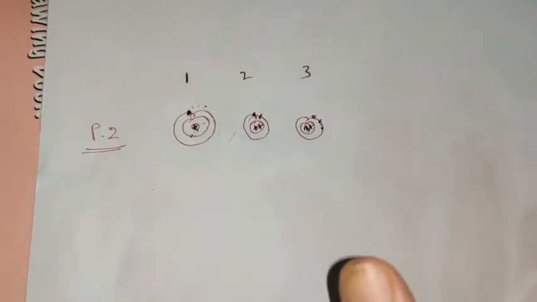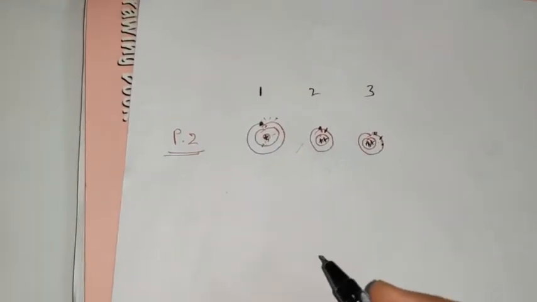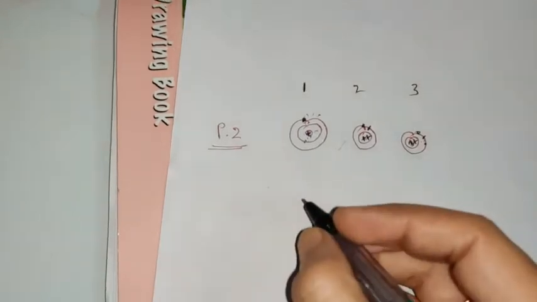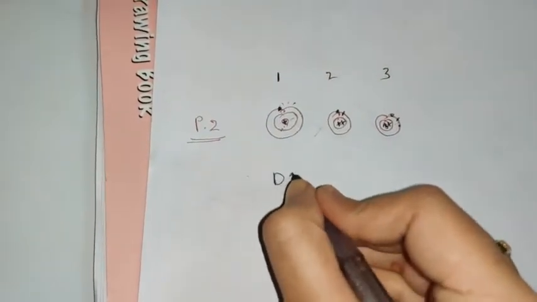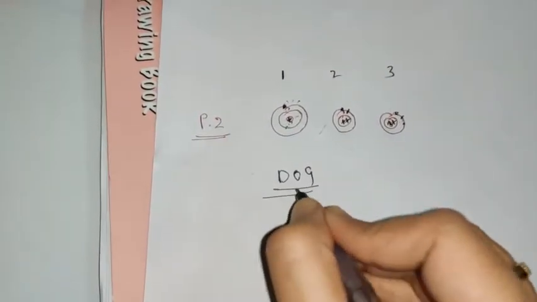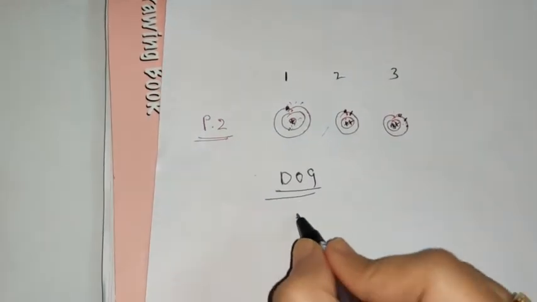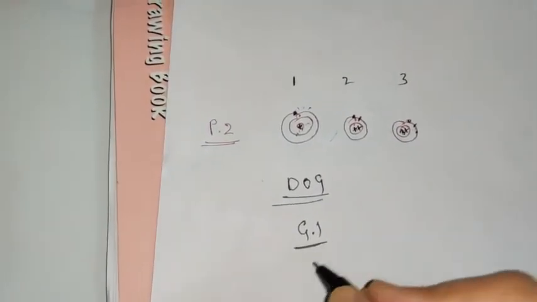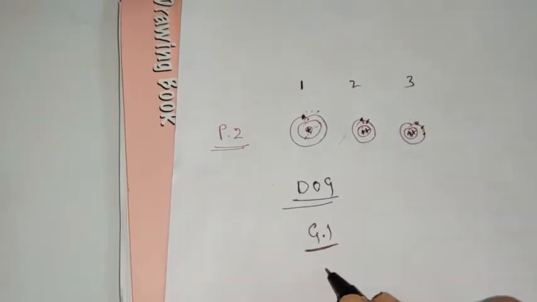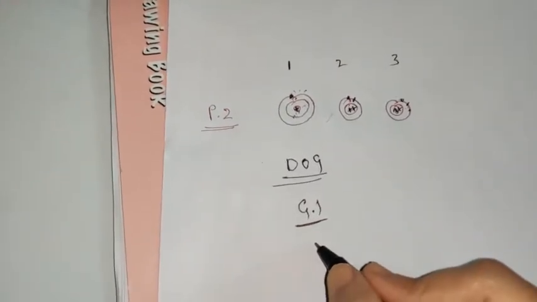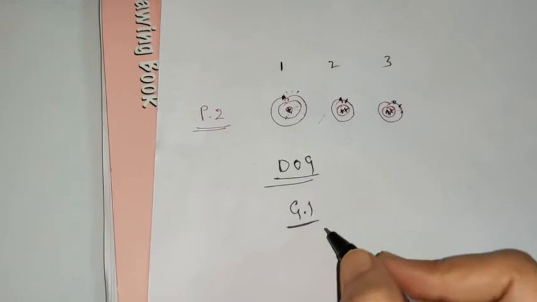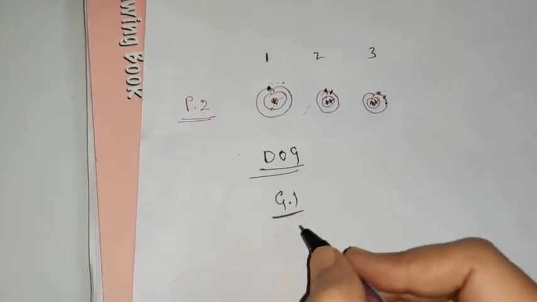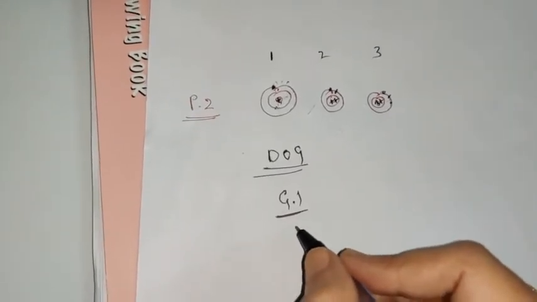So I hope it is clear. Now when you talk about down a group, what happens? When you are moving down a group, the value of nuclear charge, if you are moving down in group 1, the value of nuclear charge remains the same. Sorry, the value of nuclear charge will increase. Why will it increase? It will increase because